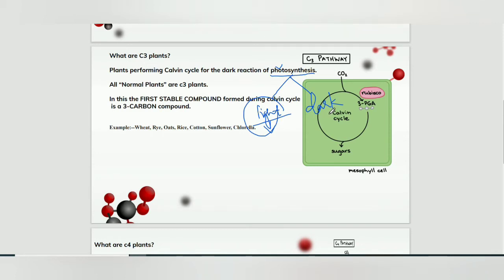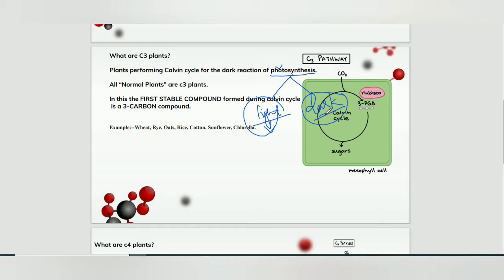And the dark reaction steps do not require the presence of sunlight. It's a continuation of the light phase, but it does not require sunlight. So those steps are called the dark phase of photosynthesis. Now in the dark phase, actually the synthesis of sugar or the food molecule is happening.